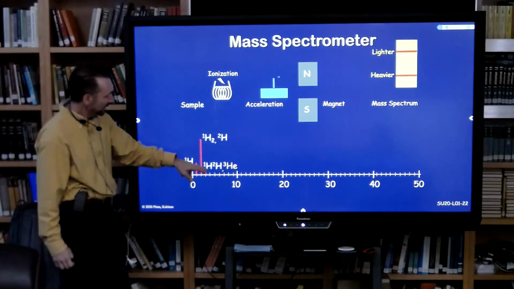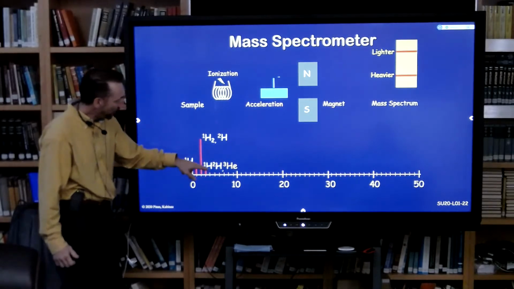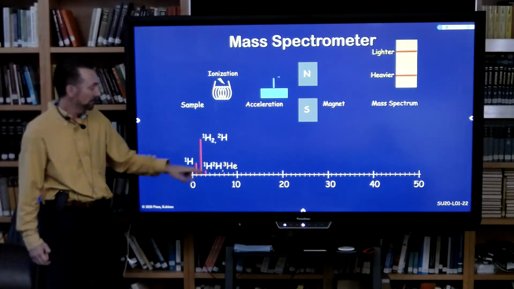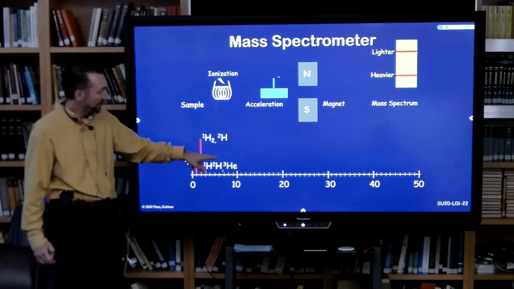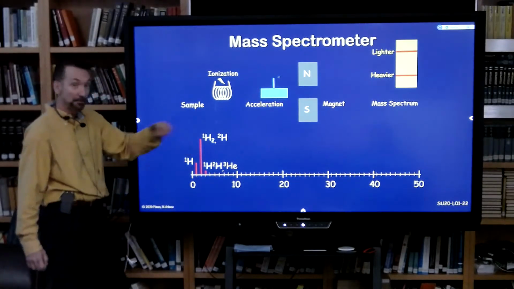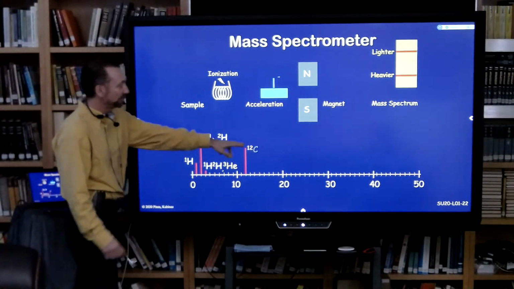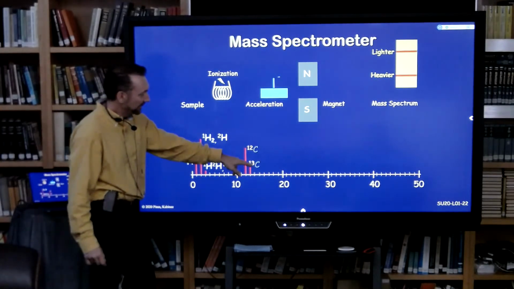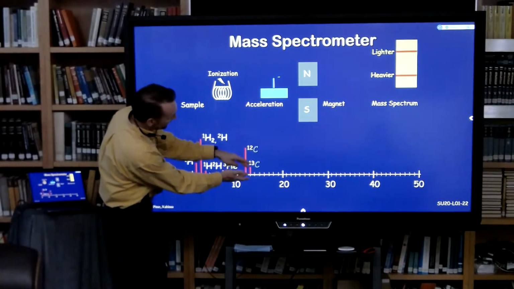So here at mass 3, you could have a helium nucleus that has relative mass 3, or a hydrogen molecule with one of the atoms of deuterium. Deuterium is the name of the hydrogen isotope with mass 2. So hydrogen mass 1 and hydrogen mass 2 together would give you a mass 3. And you can go on. Here we have mass 12. At mass 12, you might have a carbon nucleus. Here's mass 13, a carbon 13 nucleus. And in a natural sample, that ratio, it's not correct here, would be 100 to 1.